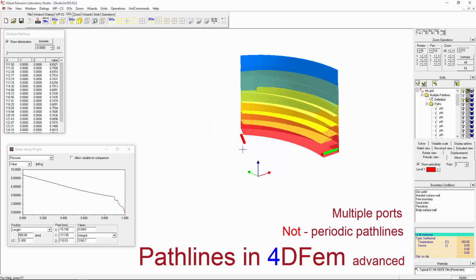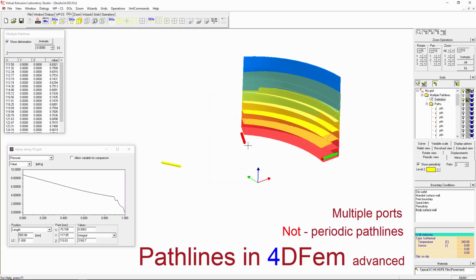Okay, so we have green, we have red, and now the next one we can say this will be yellow. So now we have green, red, yellow, and if I want more, I will be having green, red, yellow, green, red, yellow. I can do something different. I can just cancel this,